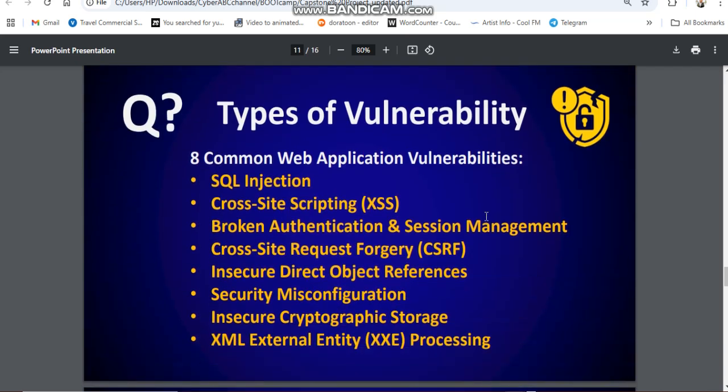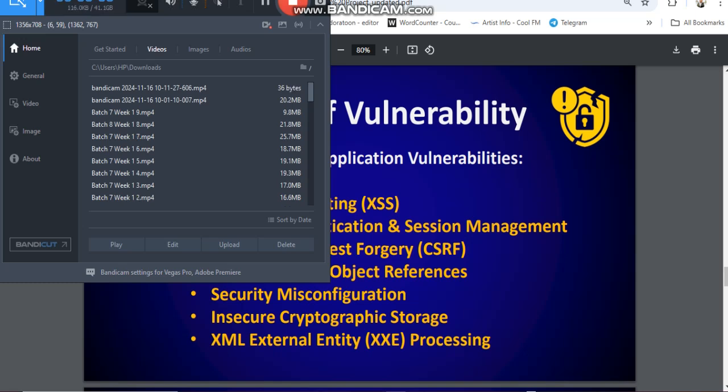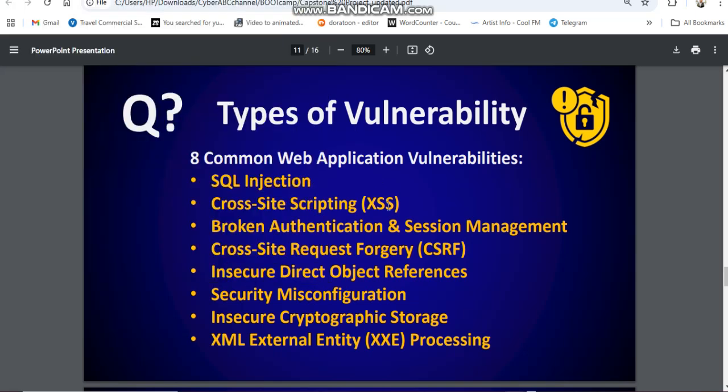So, types of vulnerability, just like in the first week, we looked at types of vulnerabilities and threats. Under web application vulnerabilities, there is a list of them here, but we'll be focusing today on the first one, which stands for Structured Query Language injection.